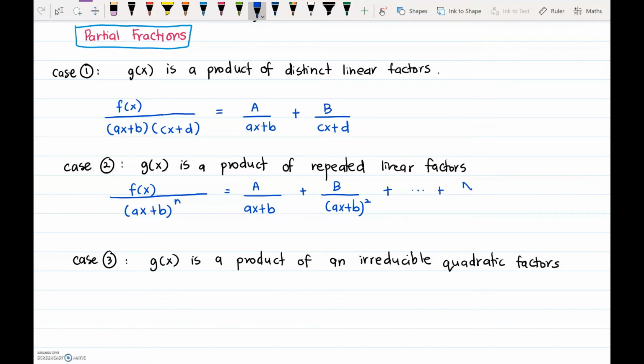until n over ax plus b to the power of n. So for case 2, it depends on the power. Okay, and for case 3, your partial decomposition will be f(x) divided by